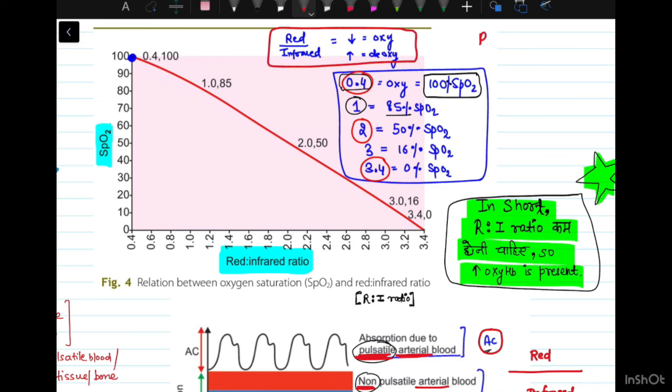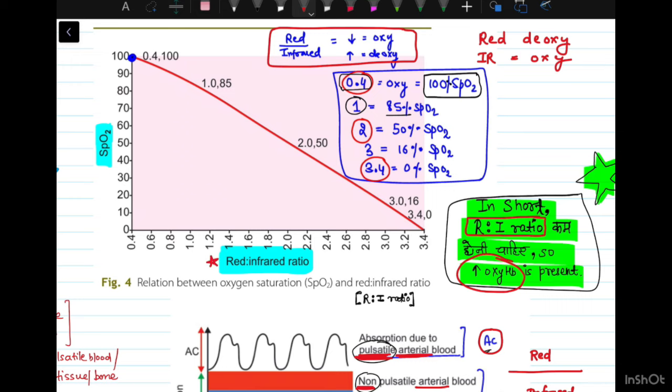We already know that the red is the deoxy component and the infrared is the oxy component by the mnemonic of oxygen. Now this ratio will decrease if either the red or the deoxy will decrease or the infrared, that is oxygen, will increase, which means that the lesser the R is to I value, the more is the oxyhemoglobin